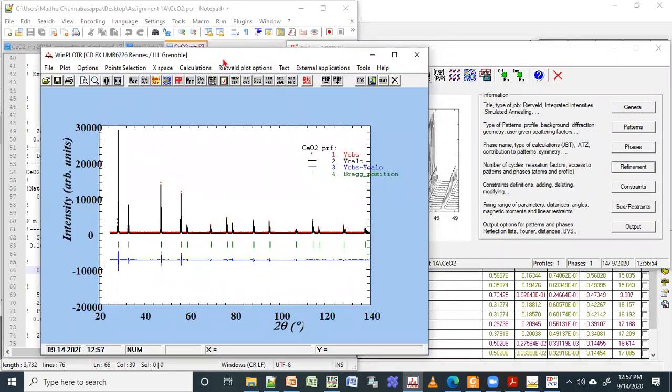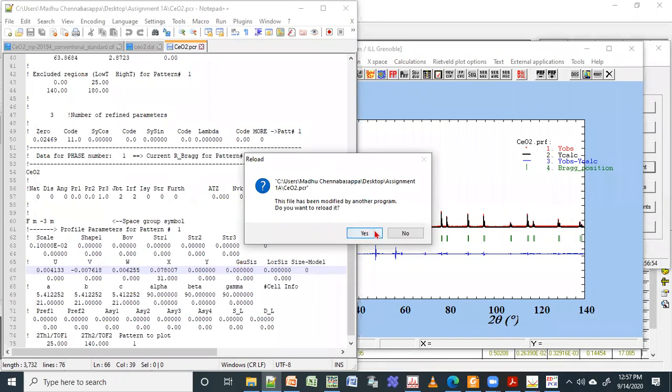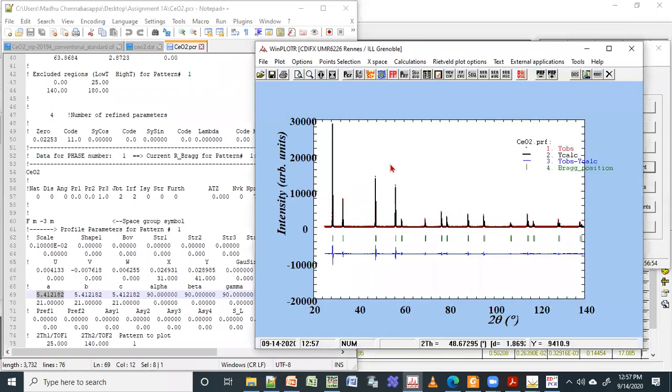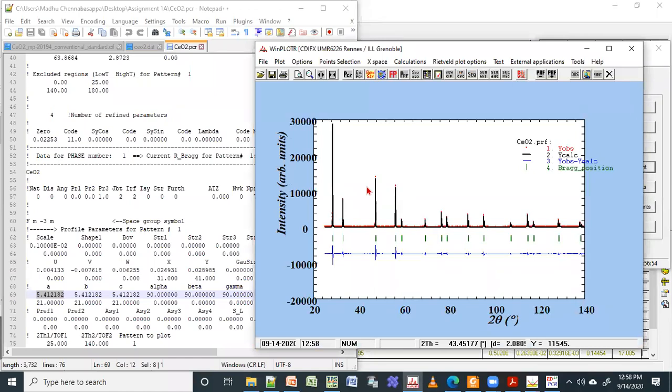So this is how you do the profile fitting. What this gives is the ABC parameter for your sample. The standard value was 5.411, but for your sample the ABC parameter is 5.41218. This is how you can see the fitted parameter.